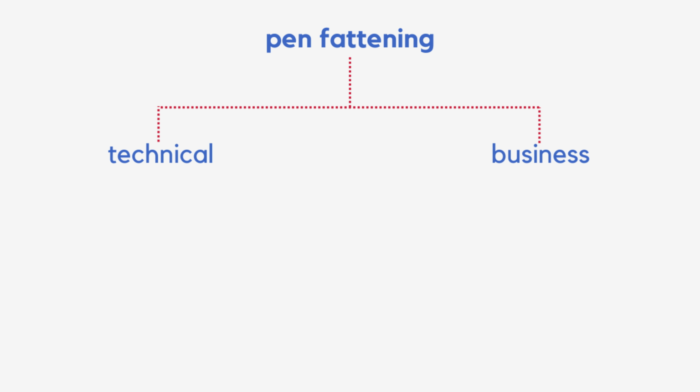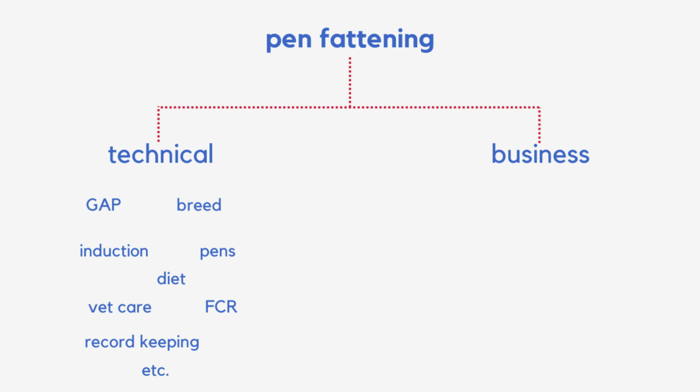So here's the operation structure of this business. So there's a technical side and a business side. So sometimes these two overlap in some cases. So the technical side, which can also be viewed through the lens of good agronomical practices, includes the breed that